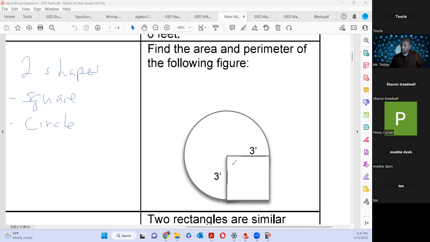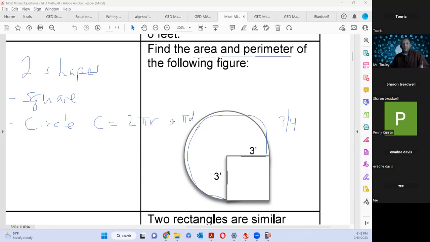What you should notice is that this is 3/4 of the circle. Yes, this is 3/4 of the circle. So how do you find the perimeter? They want you to find the area and perimeter. So the perimeter of a circle is what? Does anybody know? It's the circumference of the circle. And what's the circumference of a circle? 2 pi r or pi times d.